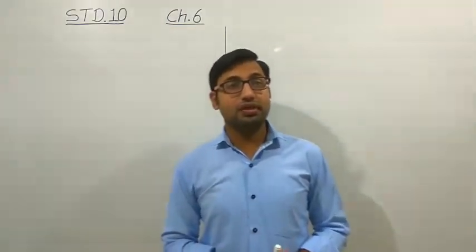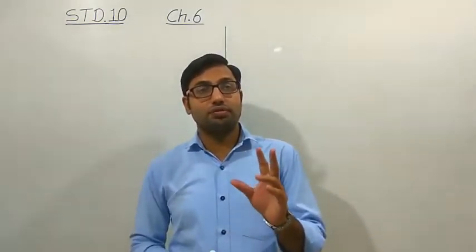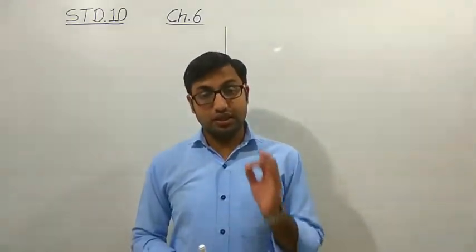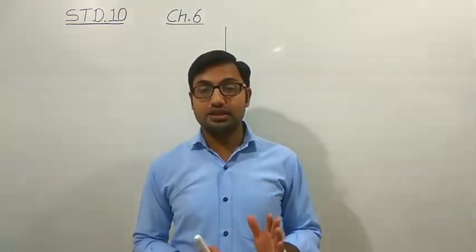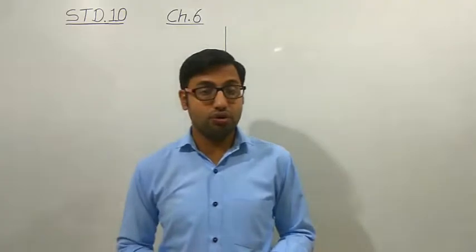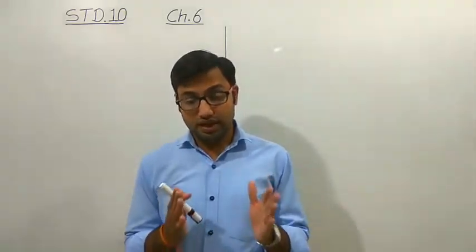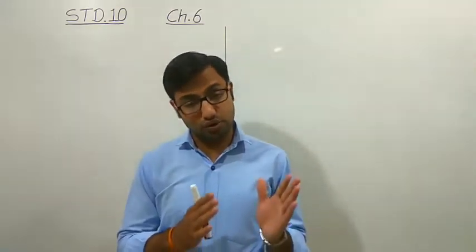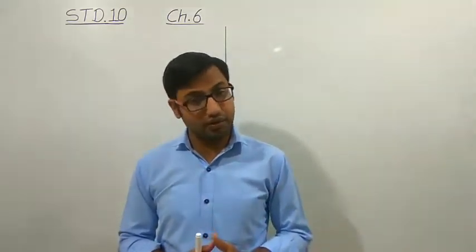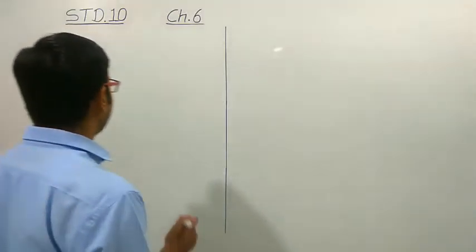So here we have to consider one thing, that we have studied the concept of congruence, right? Congruence that we have studied in standard 9. So when we are saying the two triangles are congruent, when all the angles are equal and all the sides of the two triangles are equal, then the two triangles become congruent, right?